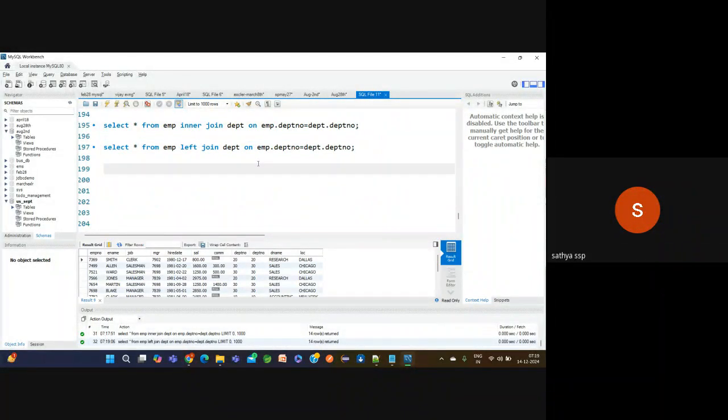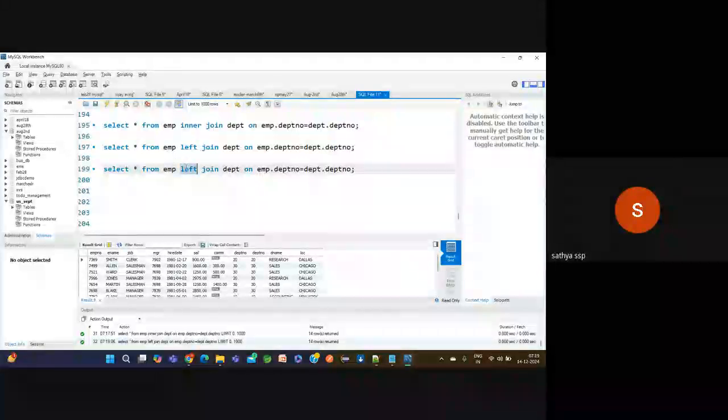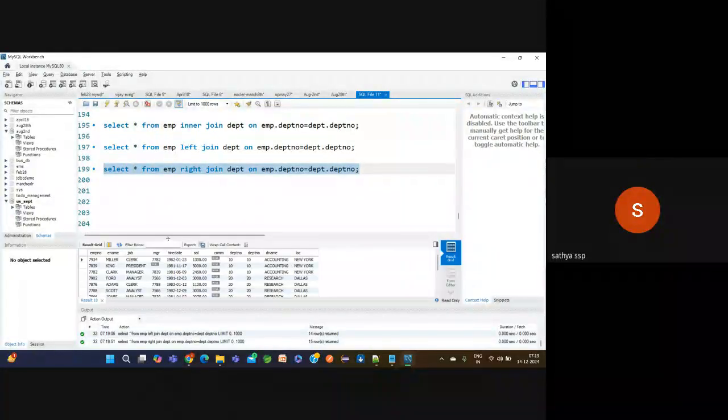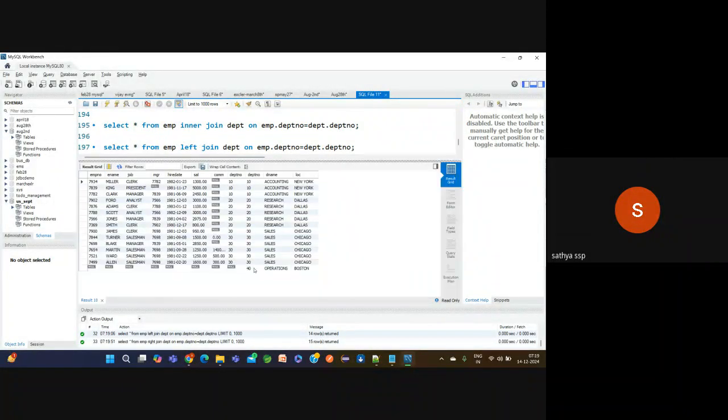Now let's do a right outer join. Now right join. Now if you observe that output,